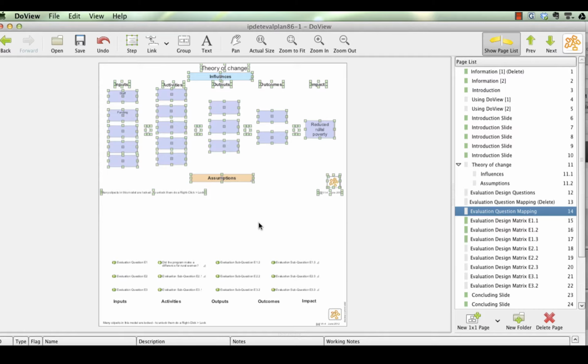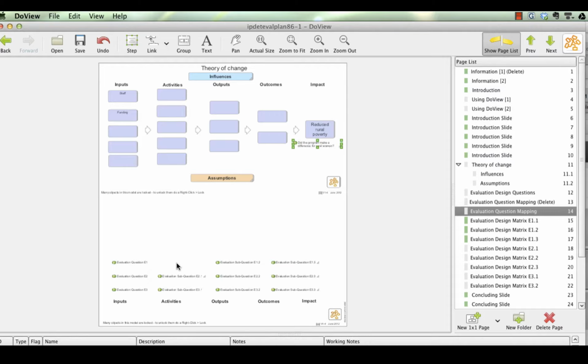evaluation question mapping page. Note that these are clones, so if I change the wording of any of these within a box on this page, it will change on the other page, and the same applies to the evaluation questions. Now all we need to do is to move those evaluation questions up so that they are next to the